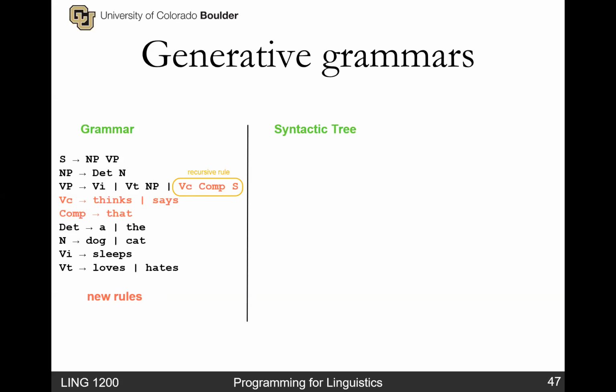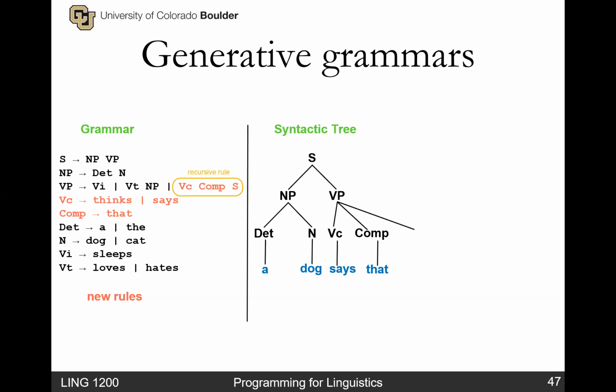So what if we want to do the recursive sentences that we saw earlier on Wednesday? We can start with our rules that we have here. To do this, first of all, we can start with what we have, but we have to add a couple more rules. So first of all, for the verb phrase, we need to add this recursive rule that has a verb, which we'll call VC, a comp, which is short for complementizer, it's a connecting word, and then the S. So this is where the recursion comes in, that we have our S right here coming in. And let me make this a little bit easier to see. There we go. So we have to add this recursive rule to the VP,